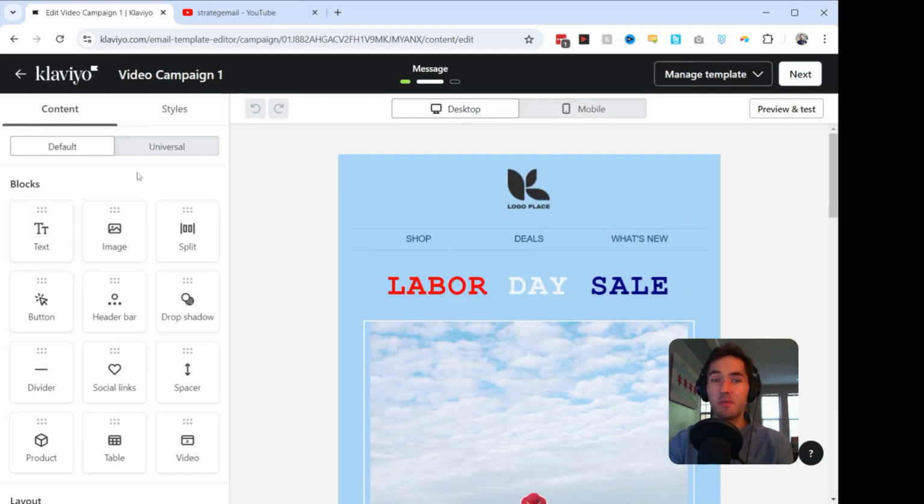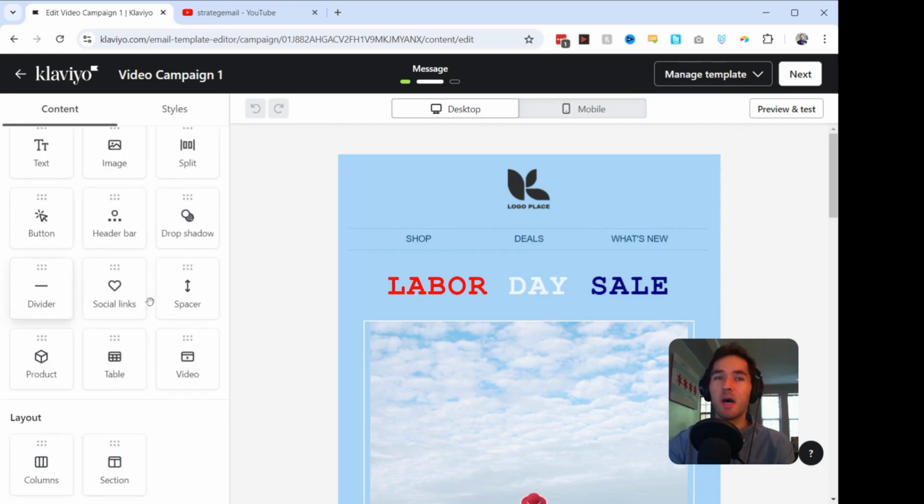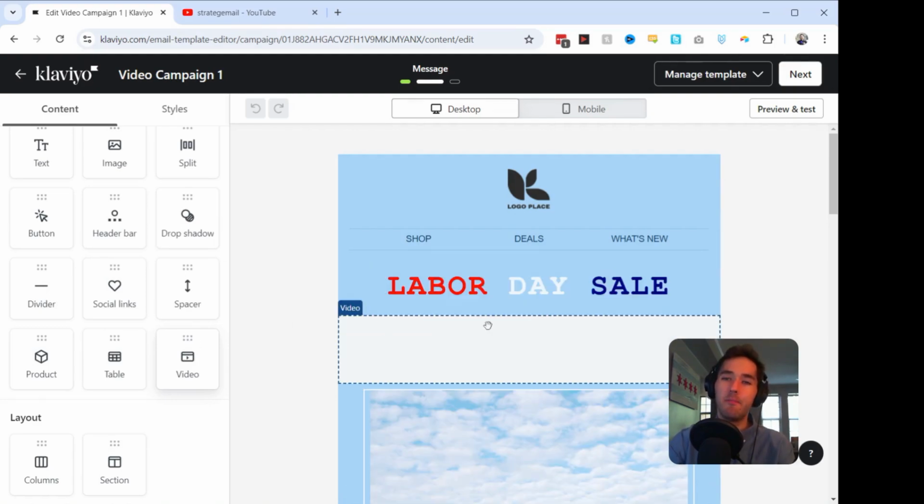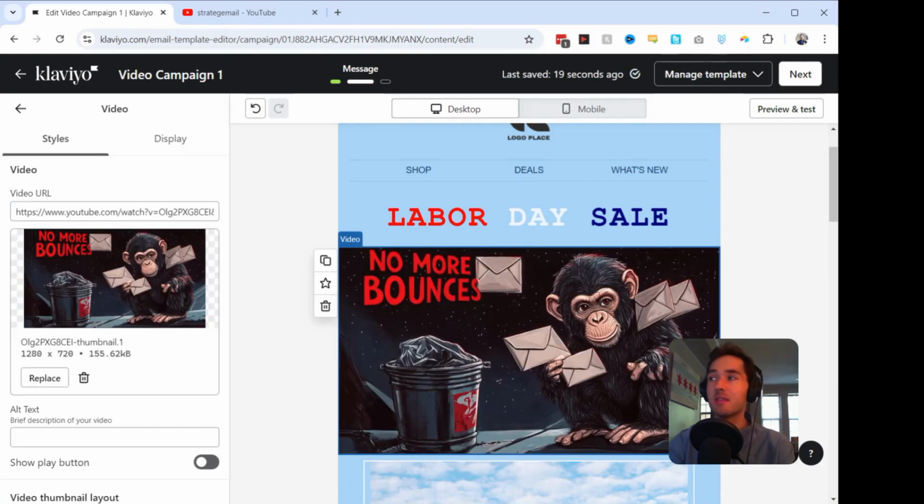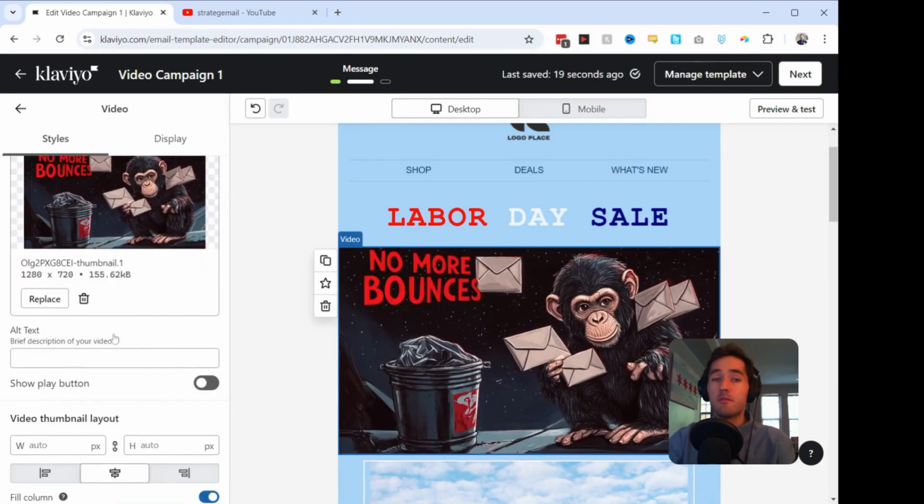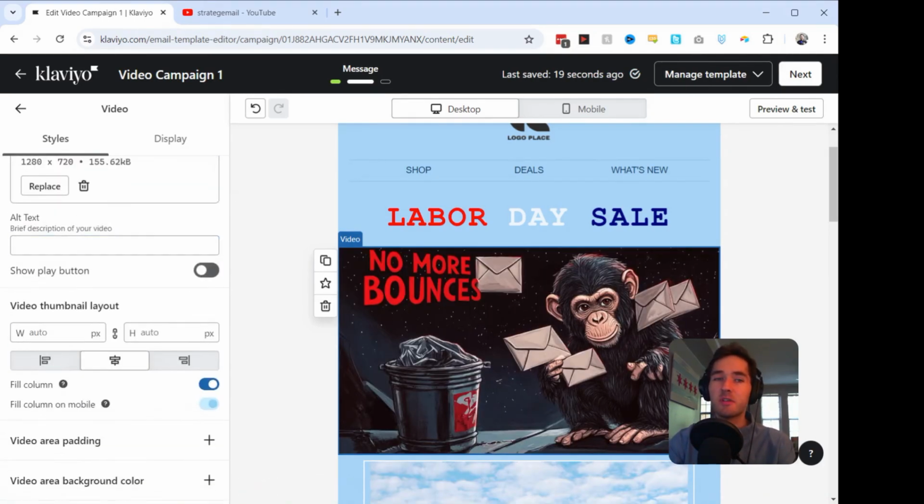Once the template has loaded, on this left-hand box, I'm going to choose video content. I'm going to drag it into the email. Once it loads, I'm going to go ahead and put the video URL into this video URL box right here. The thumbnail will be in the email. For the alt text, I'm going to call this a link to no more